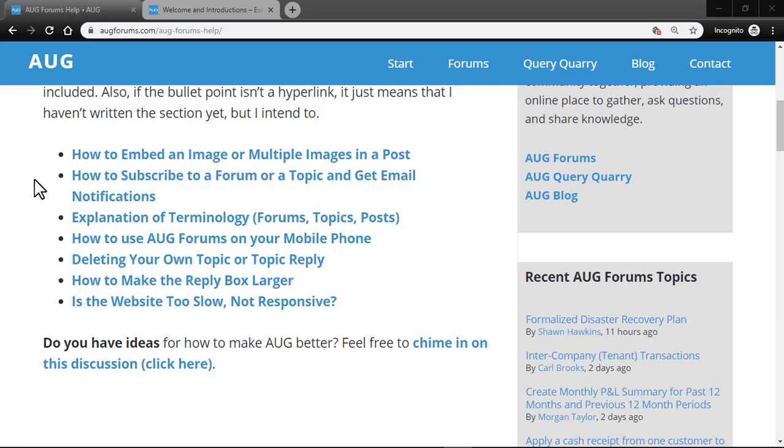Now we've covered the menu in AUG forums, so I'd like to do one last thing though, because I think it's really important. When you're making a post in an online forum, one thing that helps a lot is if you include screenshots. A picture really is worth 1,000 words. It really helps to communicate what area of Acumatica you're talking about and what specific thing you're addressing. And so there is a link here about how to do that, but I'll just show it here at the